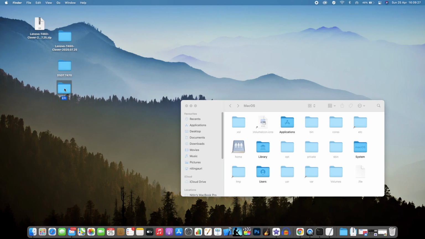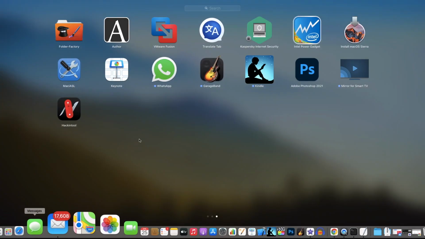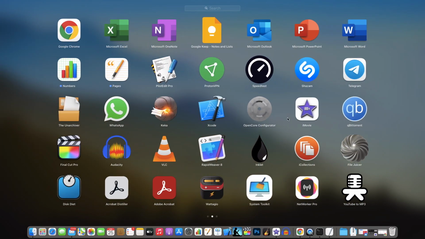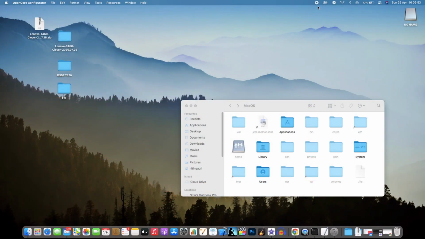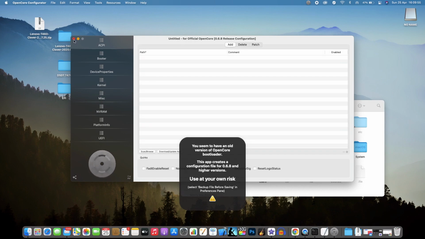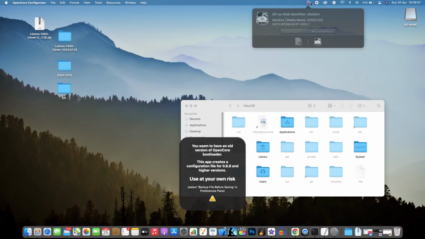All you need to do is copy this EFI folder onto a USB drive. Just mount the USB drive with OpenCore Configurator or any of the programs.